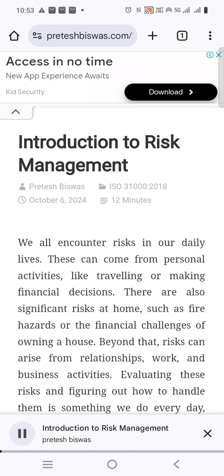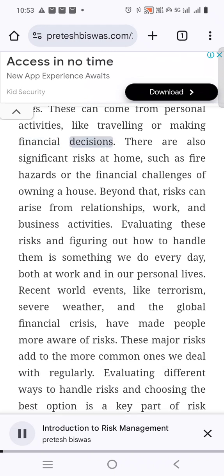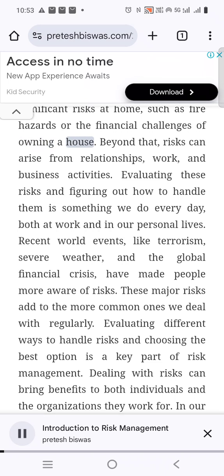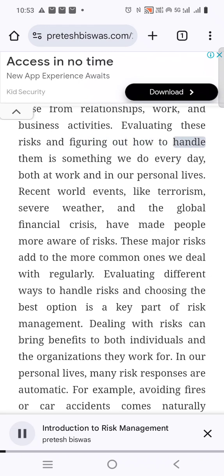We all encounter risks in our daily lives. These can come from personal activities, like traveling or making financial decisions. There are also significant risks at home, such as fire hazards or the financial challenges of owning a house. Beyond that, risks can arise from relationships, work, and business activities. Evaluating these risks and figuring out how to handle them is something we do every day, both at work and